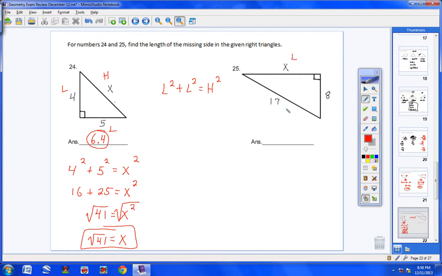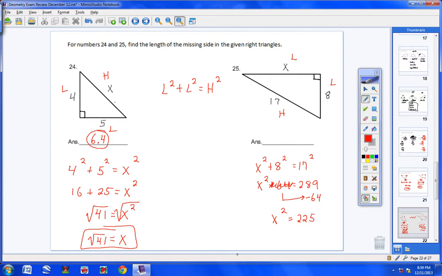This is a leg, this is the hypotenuse, and this is a leg. So I have leg squared, so one of my legs is an x, my other leg is an 8, so 8 squared equals hypotenuse squared, 17 squared. So next I would have x squared plus 64 equals 17 squared, which would give us 289. All right. Now let's bring the 64 over, and when we do, it's going to become a negative 64. So I'm left with x squared equals